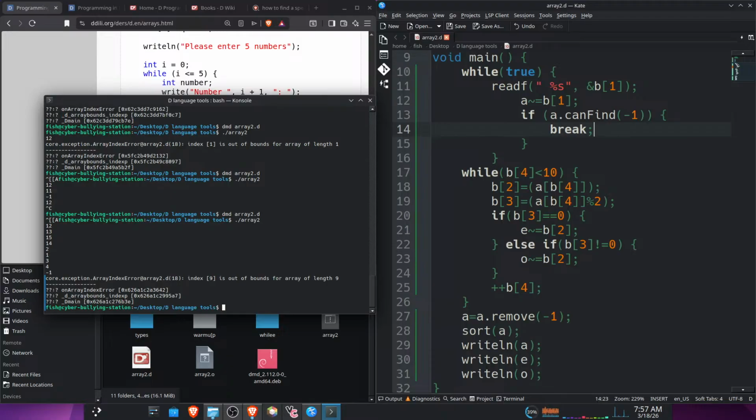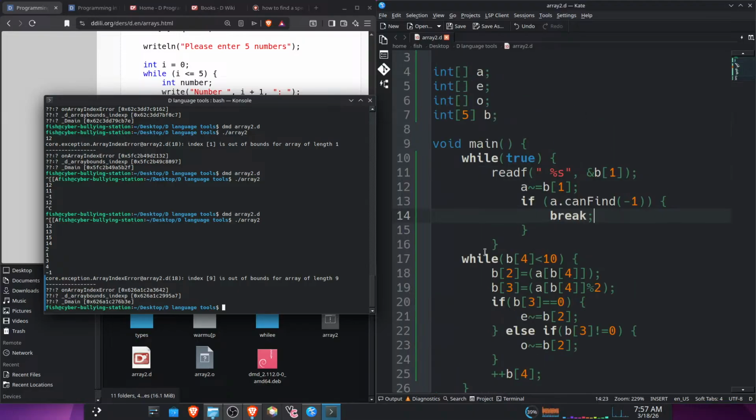Array is out of index for array length. What the fuck? Array length of 9. So if anything references this, it will be doomed. What the fuck? Wait. Index 9 is out of array for array length of 9. Oh, but it might be. Not that it's like that, but